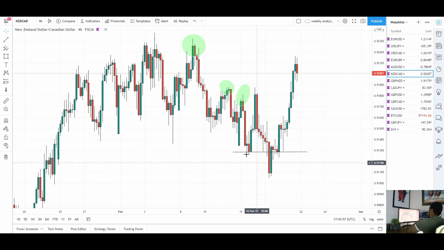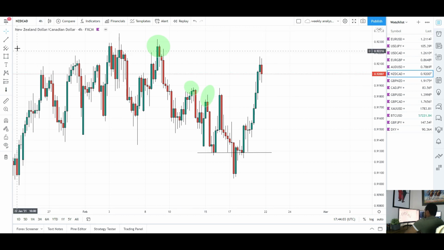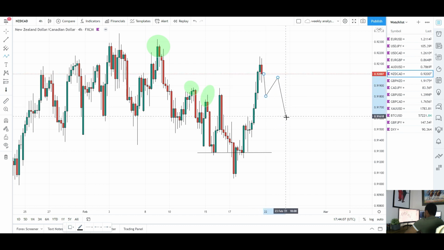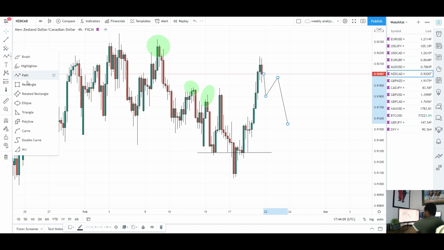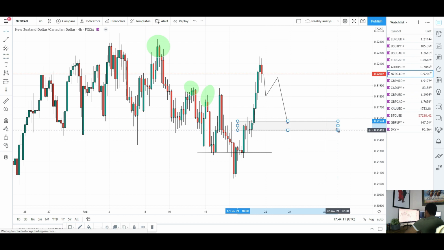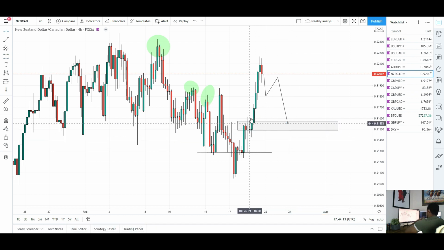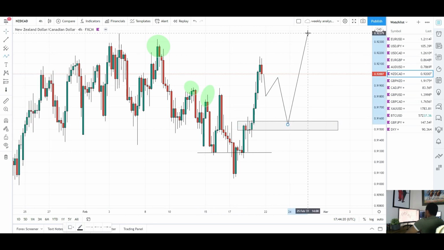So the move to the downside turned out to be a false move, and as you can see, we are looking very, very bullish at this point. So I do expect to see a bit of retrace now to the downside. Again, very overextended, so you might see a bit of retrace. Could potentially tap back into this support here in the market. We saw a really nice push to the upside, a lot of momentum, so we might go and retest that and then see continuation to the upside,